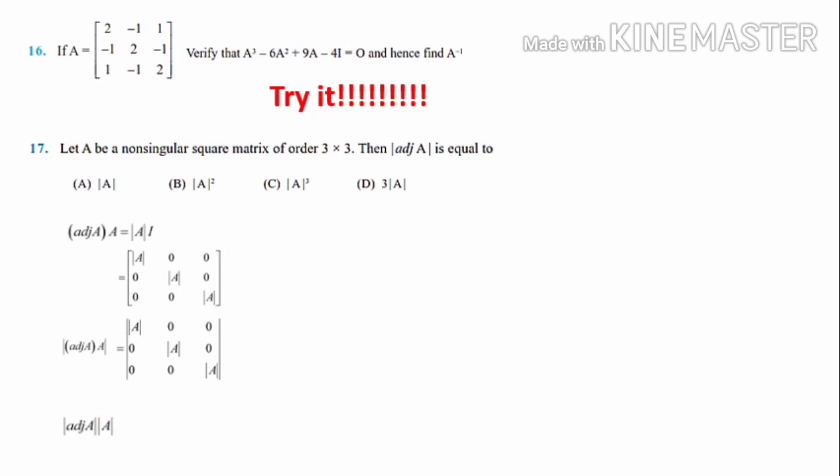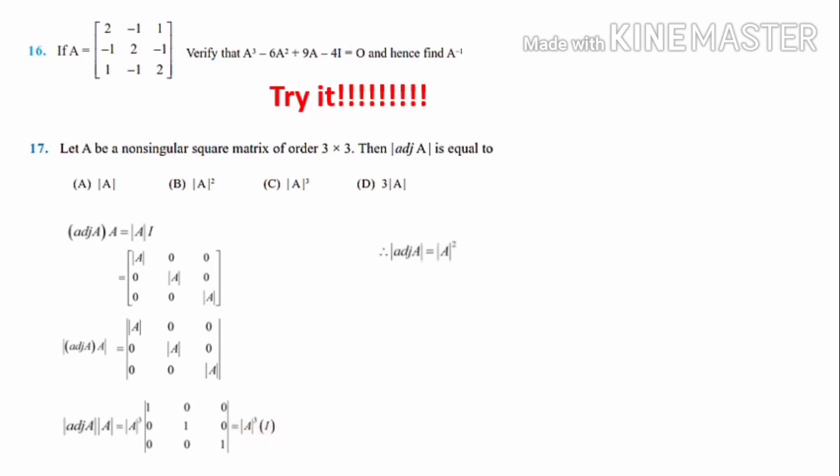When you look at the right side, in the first row there is determinant A common, in the second row there is determinant A common, and in the third row also determinant A common. So altogether from first row one determinant A, second row another determinant A, third row another determinant A. Total determinant A cube we can take outside. Balance is determinant 1 0 0 0 1 0 0 0 1. The value of this determinant, if you calculate, is 1. So determinant A cube into 1 we have got. When you look at the left side, determinant adj A into determinant A equal to determinant A cube into 1.